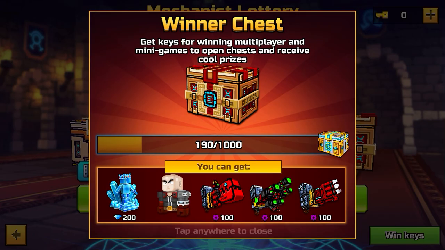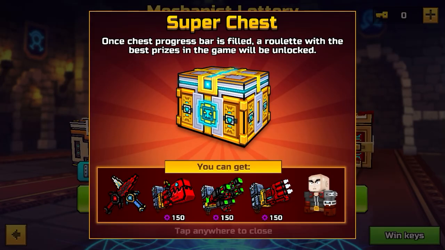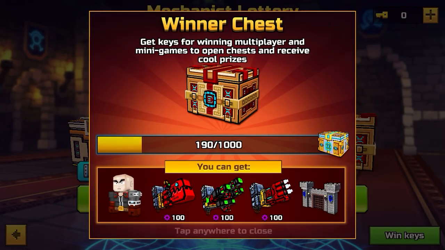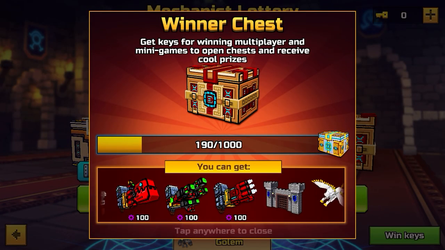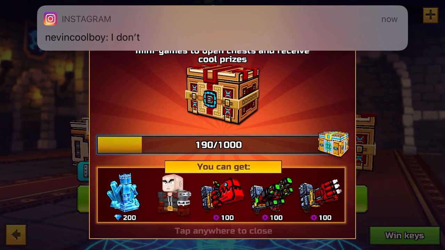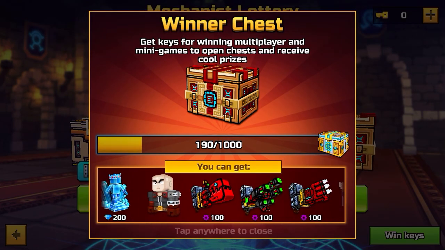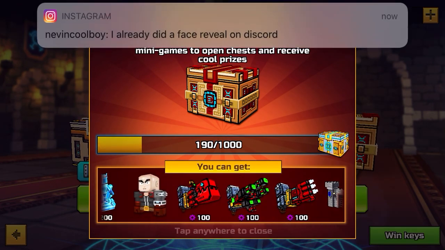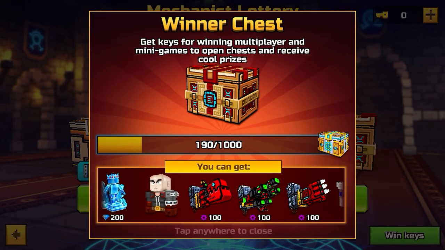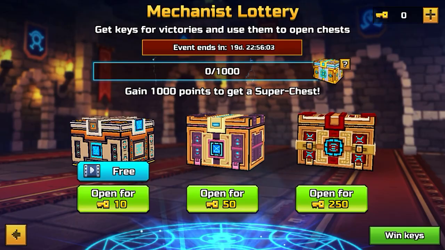a super chest here, which is again the best of the best stuff, and you'll end up getting probably the whole set. So you probably need to play 250 games winning them and getting 1,000 keys to get the whole set of all the legendary weapons. As you can see here, it's 100 parts, so you need